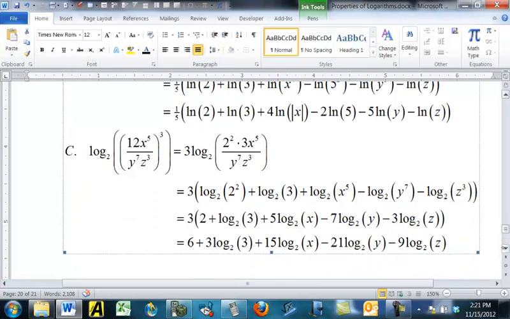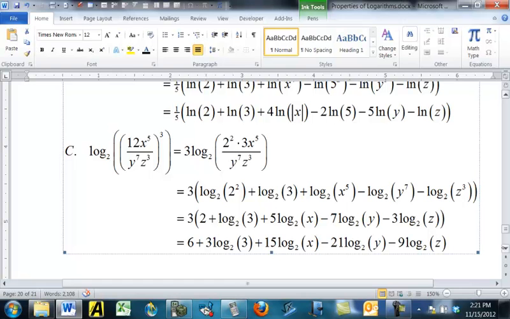Next one, 12 is 2 squared times 3. The 3 on the outside can be brought out front. When it comes outside of the parentheses, it is no longer an exponent, it is now a coefficient, multiplication. So it's 3 times that logarithm. That logarithm is broken into a bunch of others, so we need parentheses around that whole expression of 5 logs